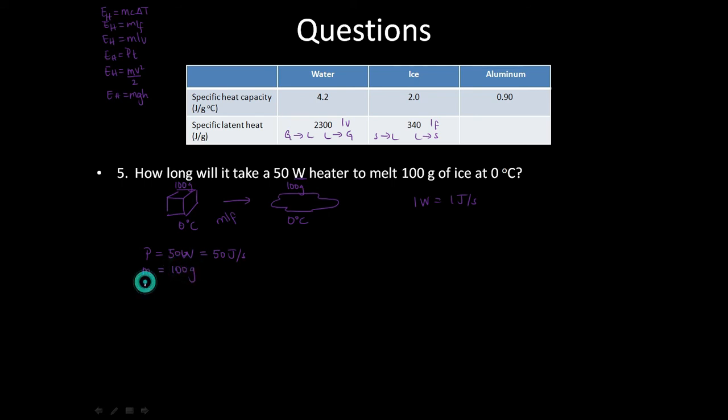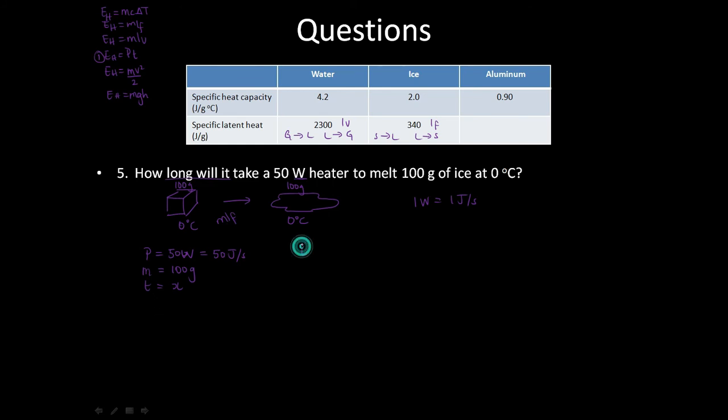We're looking for time, because it says how long. How long asks us about time. If you look up here, you will see the equation that we will be dealing with. Note that you can substitute EH for MCAT, EH for MLV, or EH for MLF, right? But in this case, since we're dealing with MLF,